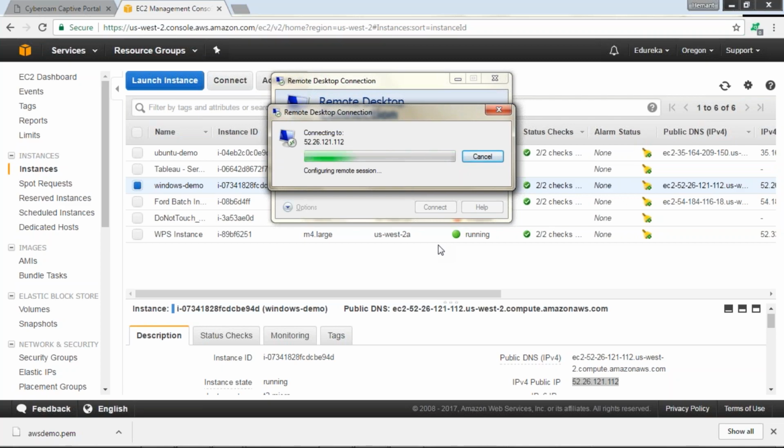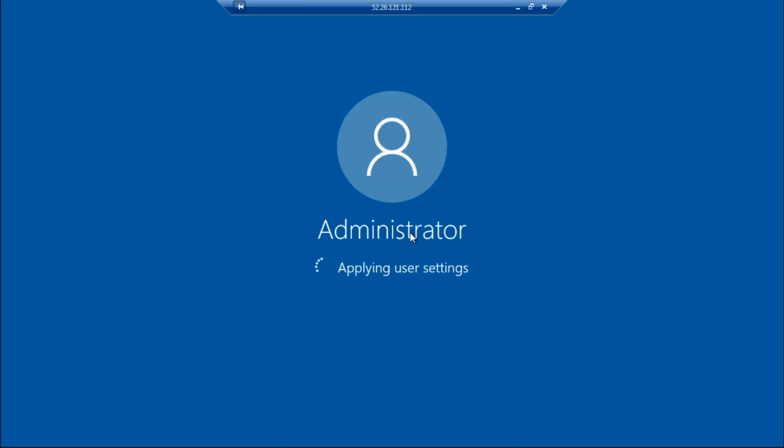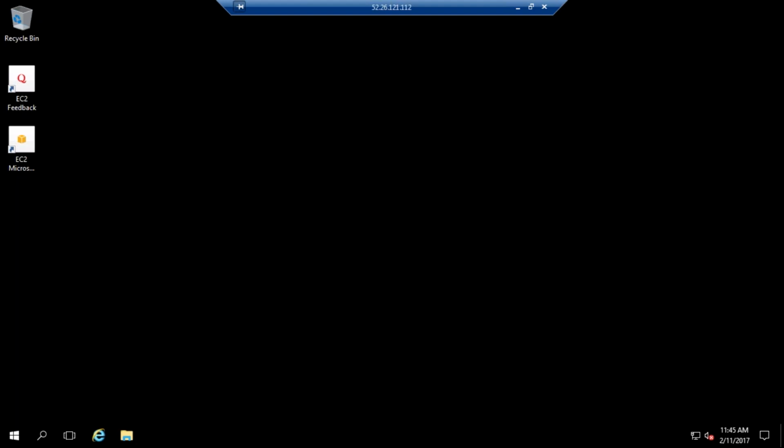So if you have entered everything correctly, you will see the screen. Your server is now initializing. So guys, you can now use this server as if it was your own machine, right? You will be prompted with the desktop, with this taskbar and everything. Now you can install anything that you want on this machine. Like I said, EC2 is just like a raw server. You can install any software on this system, you can configure the firewalls to do anything, and that is it. Alright guys, so this was the EC2 Windows instance.